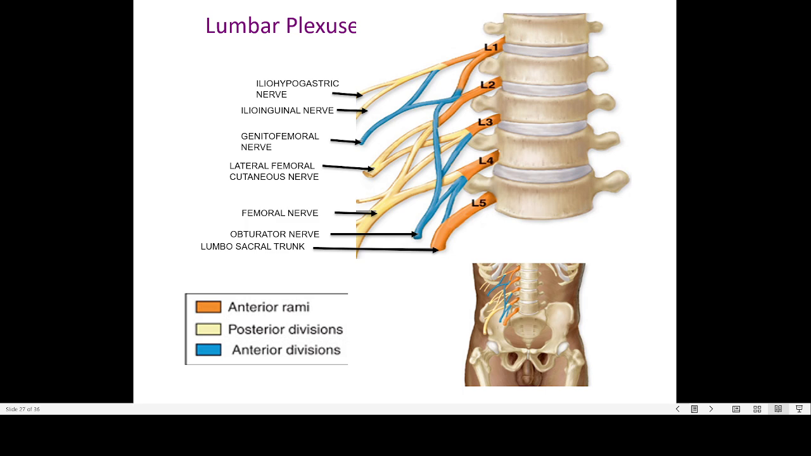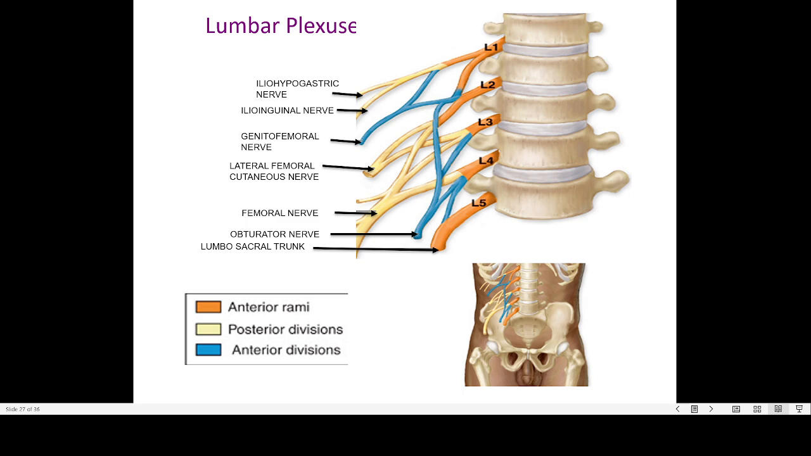So here the important branches: most importantly the femoral nerve, which is from the posterior divisions, and also the lateral femoral cutaneous nerve, then the iliohypogastric nerve and ilioinguinal nerve. From the anterior division, the important obturator nerve and also the genitofemoral nerve. Among that, the most important is the femoral nerve that mainly supplies the anterior part of the thigh